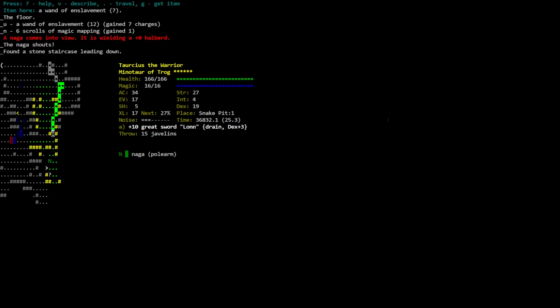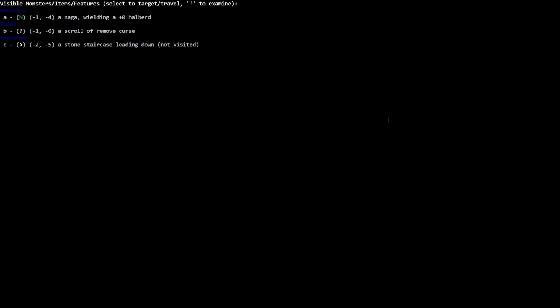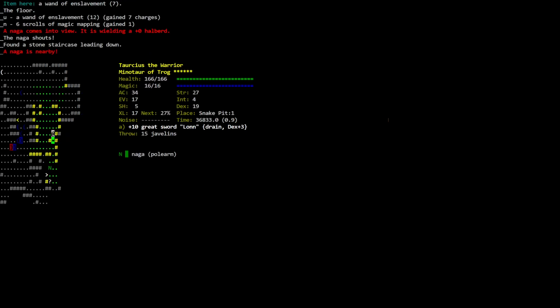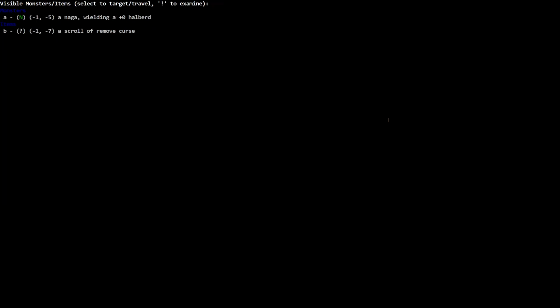Maybe I should have read mapping and looked for that cave entrance, but I'm just... The Naga shouts. Found a stone staircase leading down. The Naga is wielding a halberd. Okay, he's one left and four down. He moves slowly and can spit poison. I could actually go up here to the northwest and be out of his...